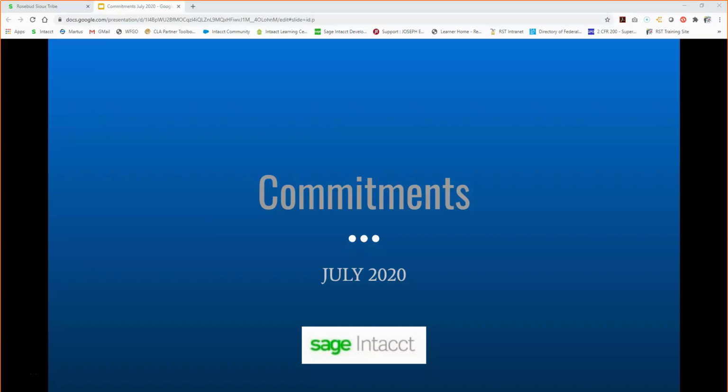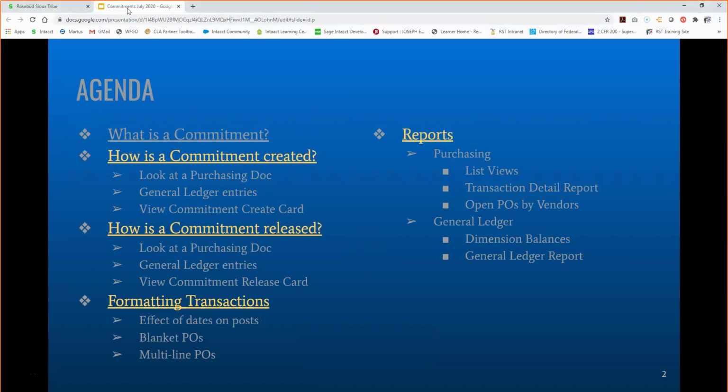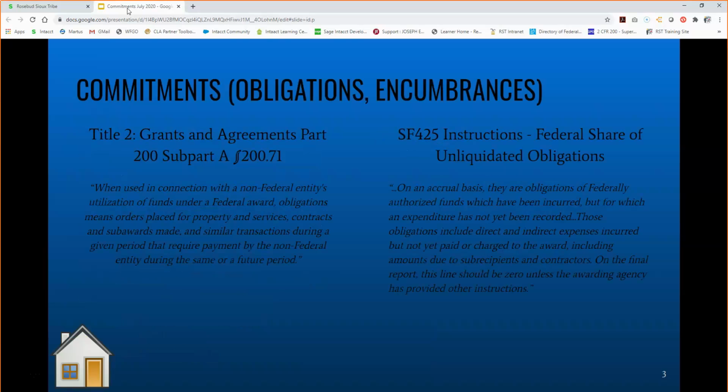All right, so this training is going to be on commitments. It's almost like the one from last week, except we shouldn't have any disruptions on the recording. So we're going to go over what a commitment is, how it's created, how it's released, how formatting transactions affects them, and the different ports people can use to look up any open encumbrances, that kind of stuff, to see